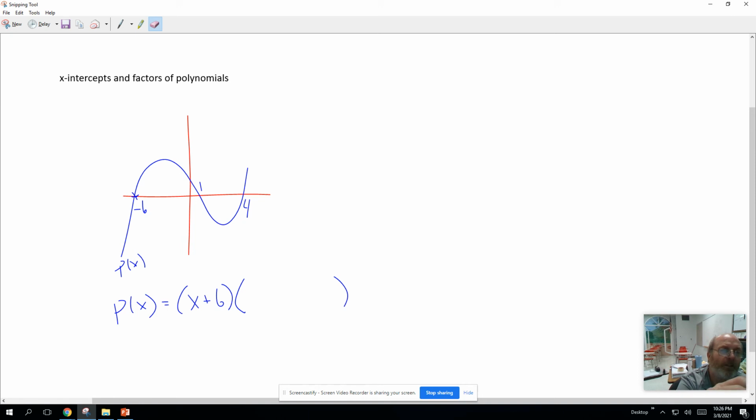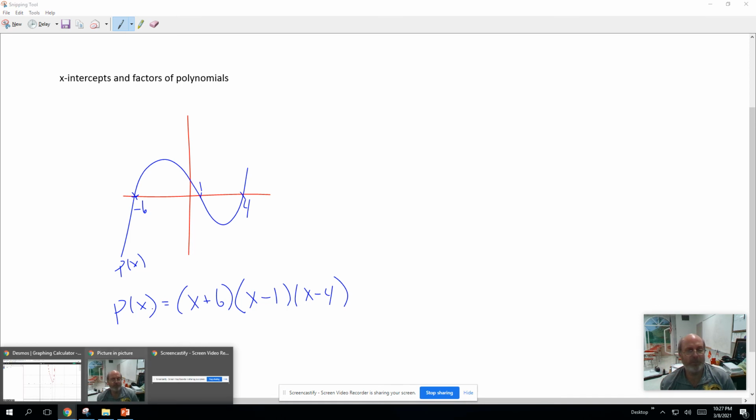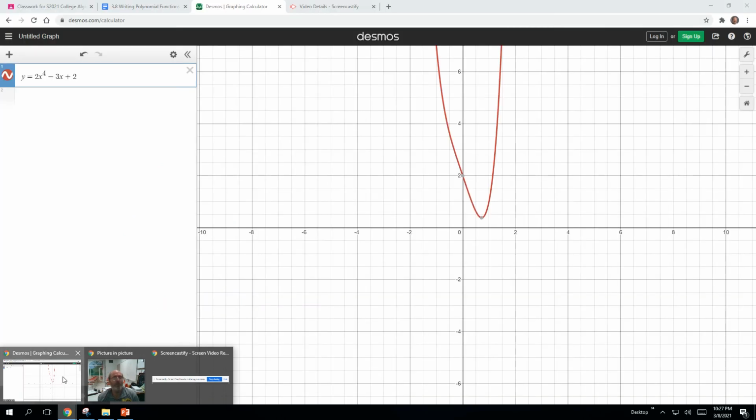and yield my x-intercept there. But now, because I also know two other zeros, I can tell that there are factors there. If x equals 1 is an x-intercept, I know that x minus 1 is a factor. If x equals 4 is an x-intercept, then I know that x minus 4 is a factor also. So if we graph x plus 6 times x minus 1 times x minus 4, we should see a graph similar to this. Now, it may go up higher or down lower because we don't have any scale on the y-axis here. But if we go look at this, x plus 6 times x minus 1 times x minus 4,